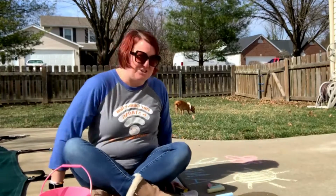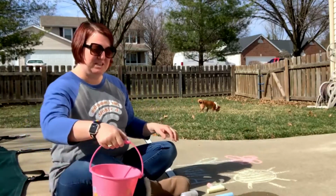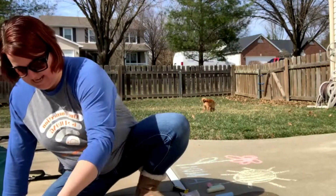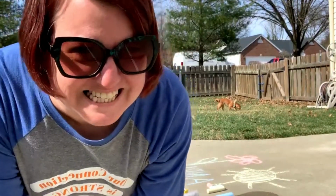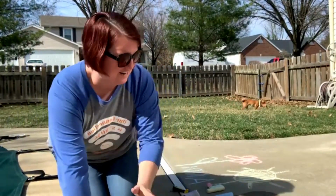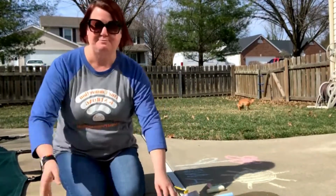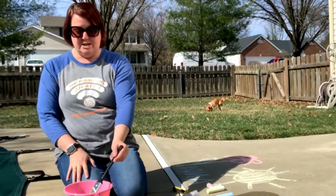Now, I'm not sure if you can see it. I'm hoping you can. Let me look a little closer at my camera. I don't know that you can. But if you look carefully over here, I drew with sidewalk chalk some stuff. I wrote my name, I drew a flower and a sun, and what's really fun is you could draw some